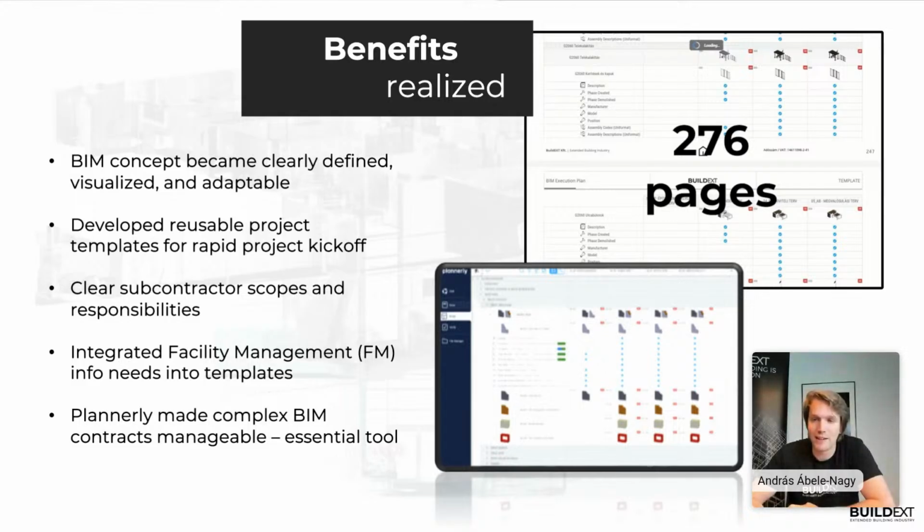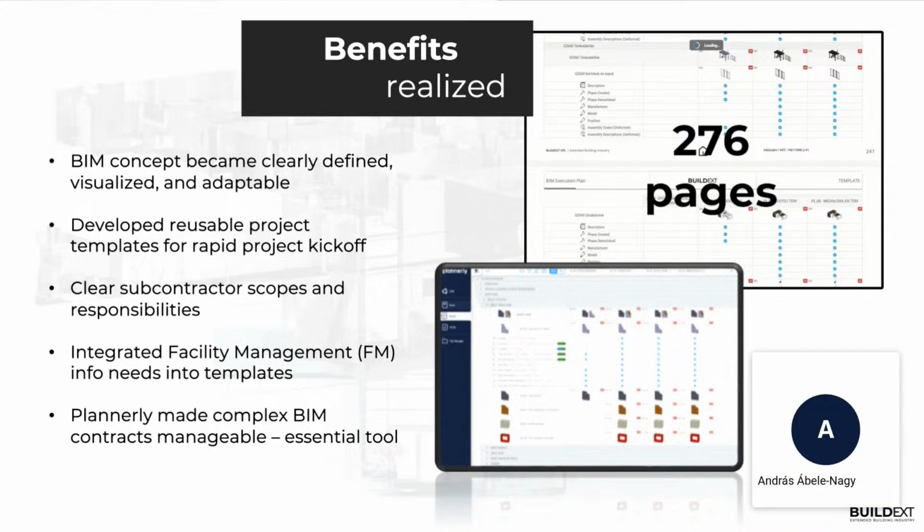And it's a very long list, as you can see. It says 276 pages. So it would take a very long time to do in Excel or any other platform I have seen before. I wouldn't even start doing it somewhere else because it's just too much work. We don't have that much time. But as you can see, you can easily implement these things into your contract.